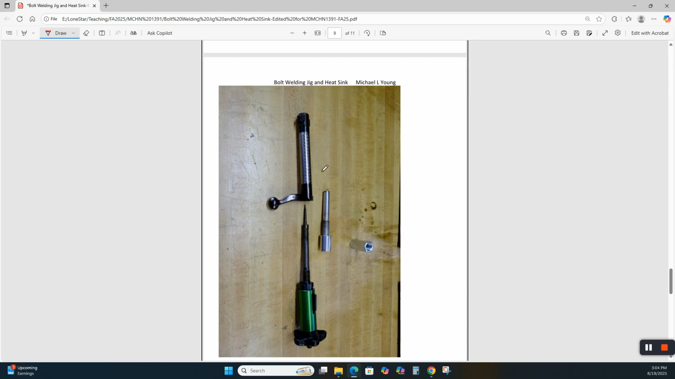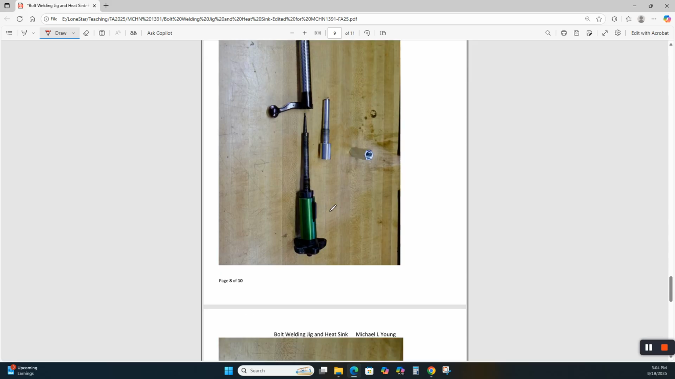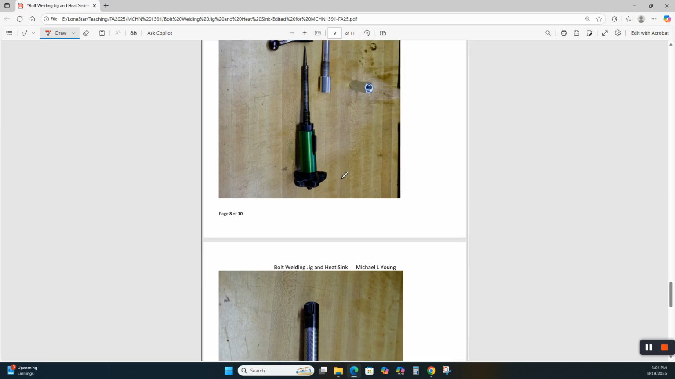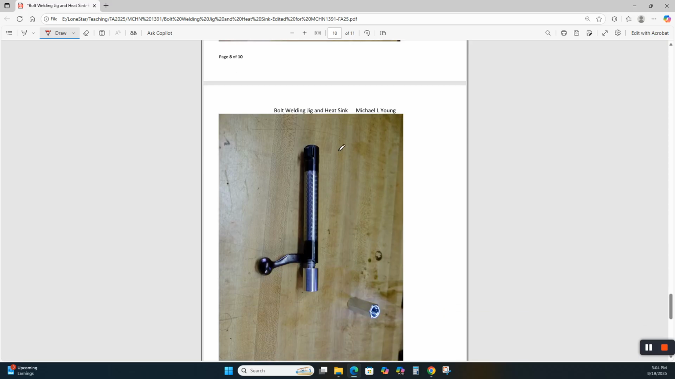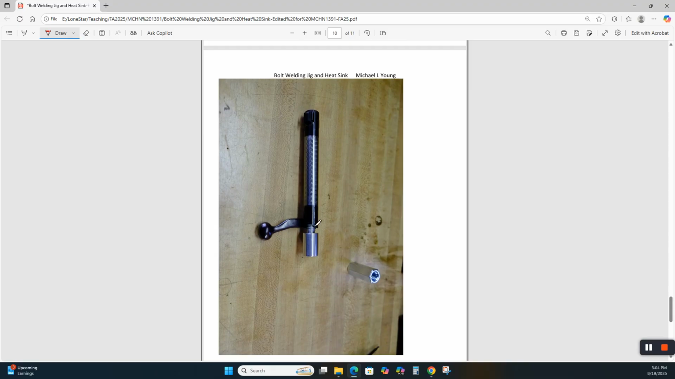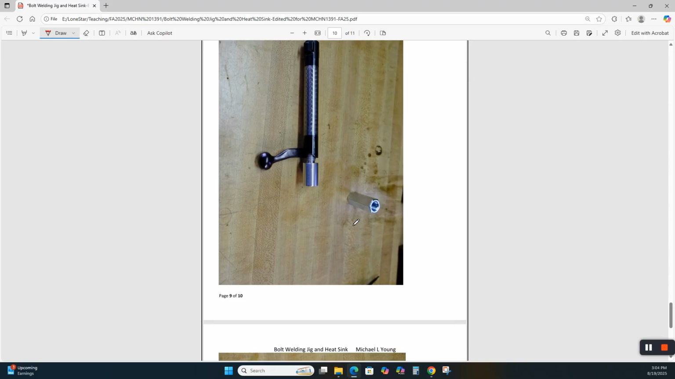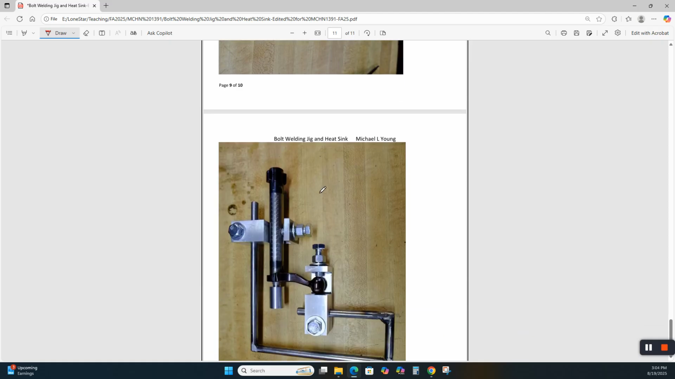I built one of these heat sinks for a 1903 A3 Mauser, Springfield. There's a heat sink screwed into there. That's just a coupling to protect the threads on the heat sink. That's all that is. See, and that short bolt, all I had to do was get it lined up and